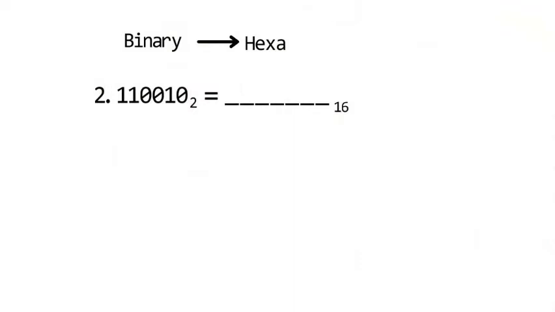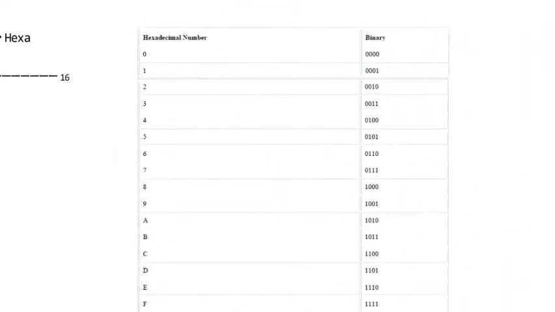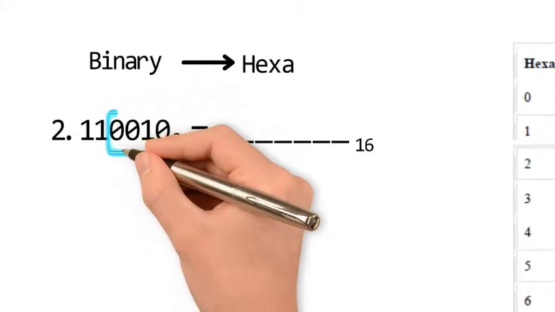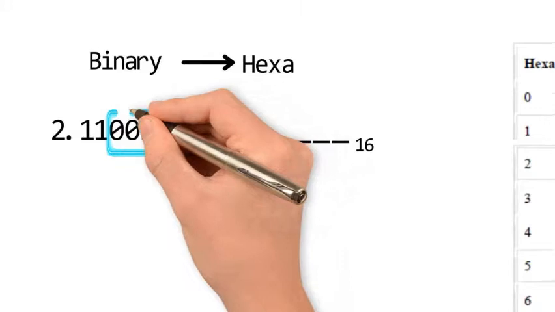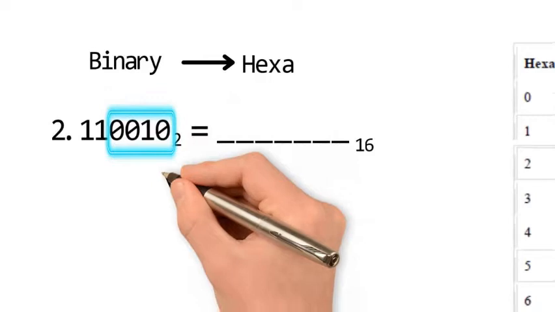To convert binary to hexadecimal and vice versa, that's hexadecimal to binary, there is a shortcut method that we can use. If we memorize this table, it is very easy. We just have to look for its equivalent. So first, we have to group the binary numbers into 4. So in number 1, we grouped the binary numbers into 3 because we were converting it to octal number system. Now we are converting it to hexadecimal number system. So we will group them into groups of 4. So that would be